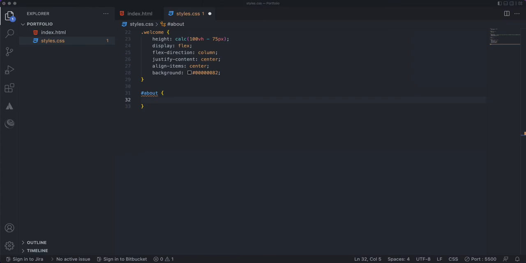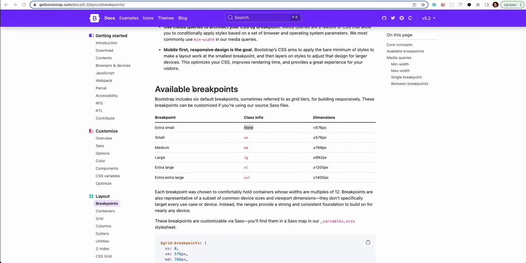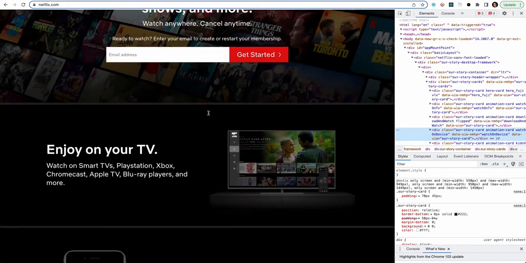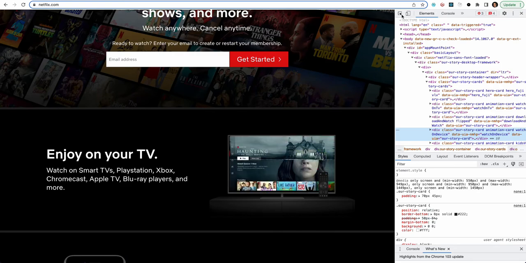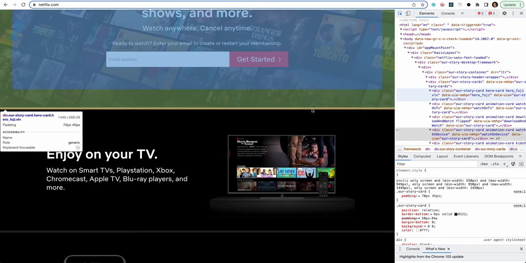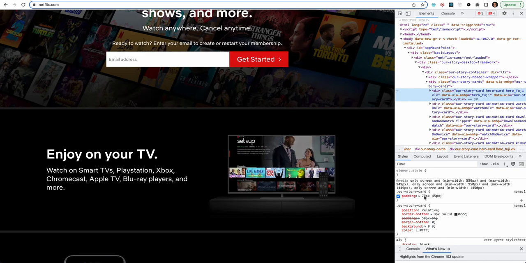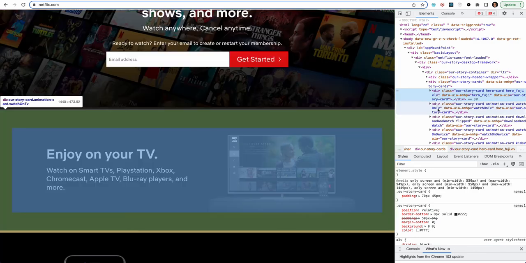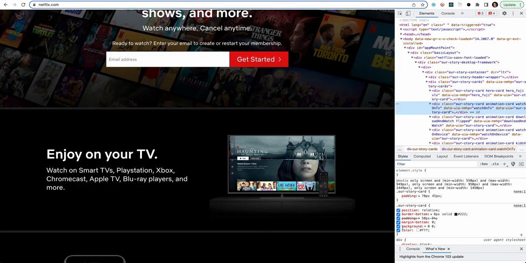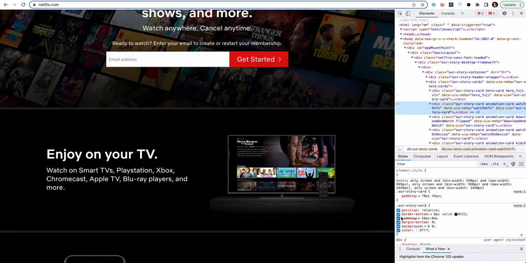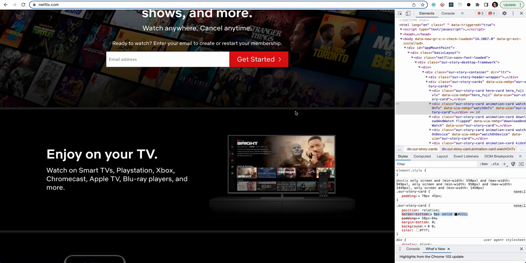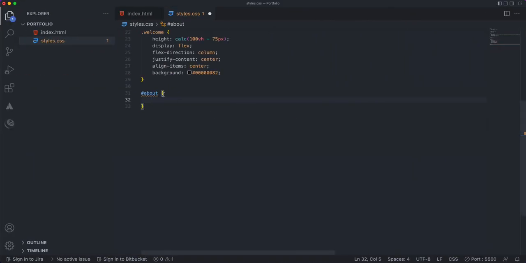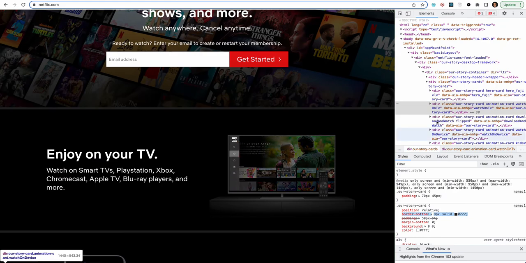I'm going to add the border bottom to it, and similar to what we have in Netflix here, if you check out this right here, this line is a border bottom for this section, for this div, and each div has that border bottom, which is basically this one. You can just technically copy this one over here and then paste it in here,